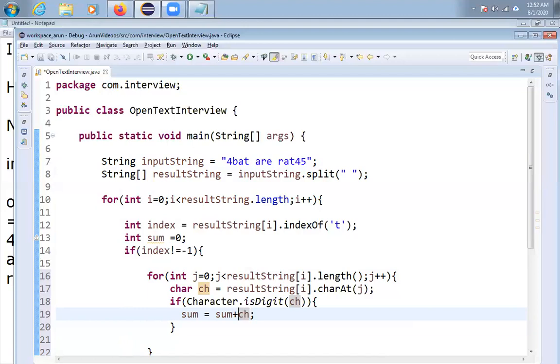I don't want to add the Unicode value. I just want the original value. So that's why just subtract 48, friends. If you did not subtract 48 from ch, the Unicode value will be added. I want to add the original number. That's why I'm doing it like this, friends. Otherwise, you can do it like this also: sum plus equal to